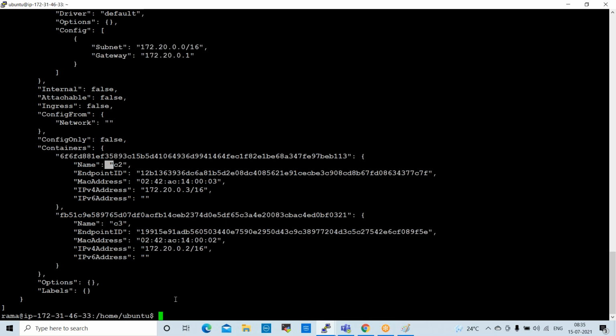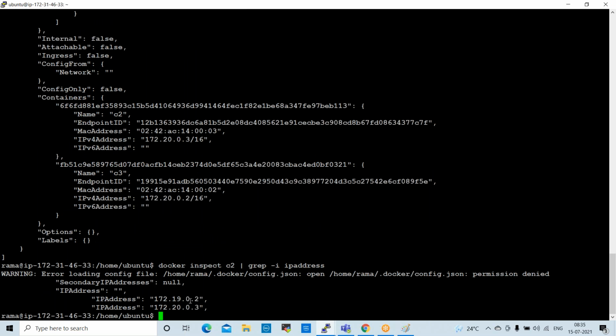So now what we will do? We'll inspect only C2. By that time you'll understand how many IPs are available. Docker inspect C2 | grep -i IPAddress.